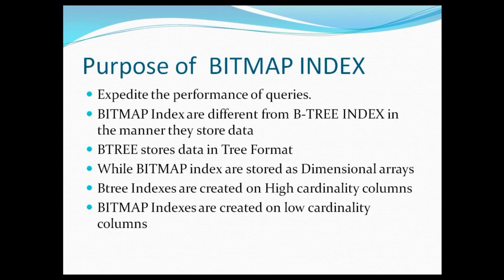So for example, I may have a million rows in my employee table, but the column gender will contain only a few distinct values. It can be male or female, and the same goes for marital status as well. There can only be a small number of distinct marital statuses. Either the person can be single, married, divorced, or widowed. So though these two columns will be present for every row in the table, they will have only a few distinct values. So a low cardinality column has very few distinct values, and bitmap indexes are suitable for low cardinality columns. B-tree indexes are the exact opposite. They are suitable for high cardinality columns.